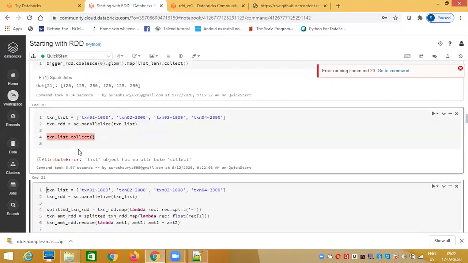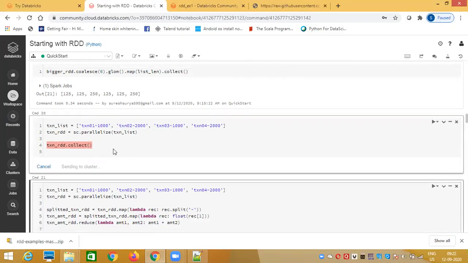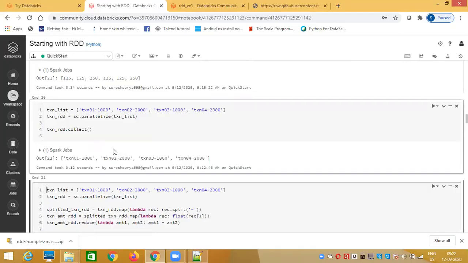Sorry, it should be transaction RDD, not transaction list. It will collect all these records.